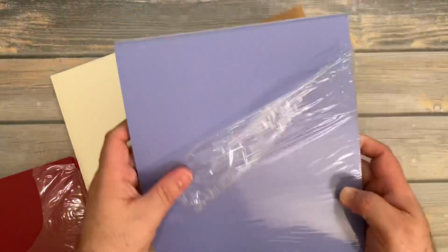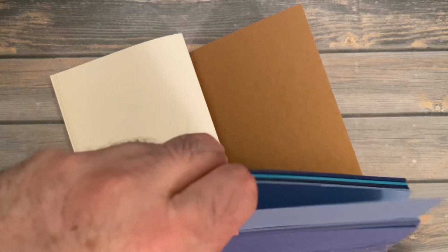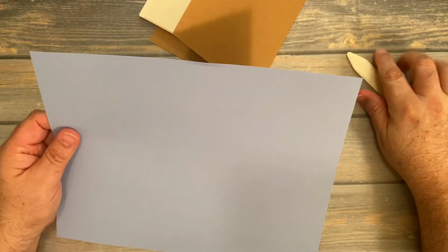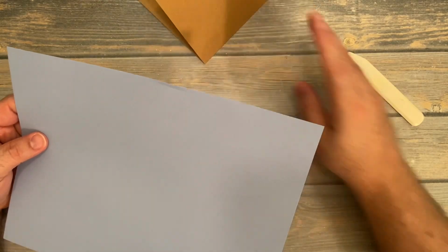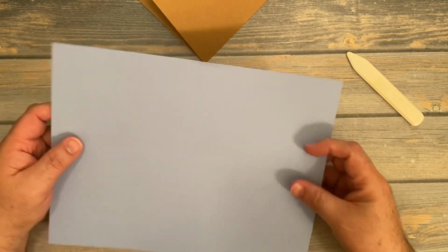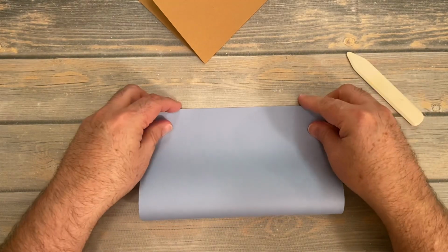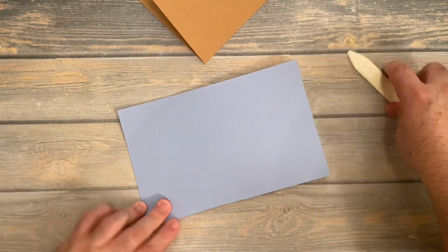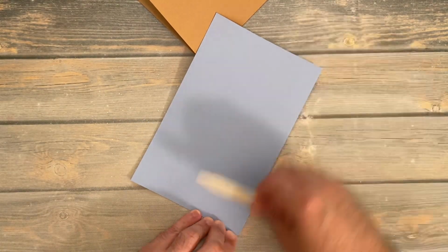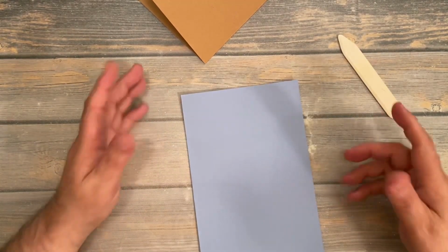Just so you can see the paper from Michael's, you can get it in a variety of colors. And I think there's this really pretty periwinkle blue I want to use, just to show you how you can fold a piece of paper without having that, whatever that thing is called. Just line up your corners and then smooth it out. And that's okay if it isn't lined up perfectly, because we are going to trim the insert